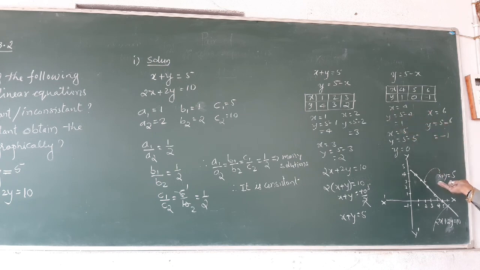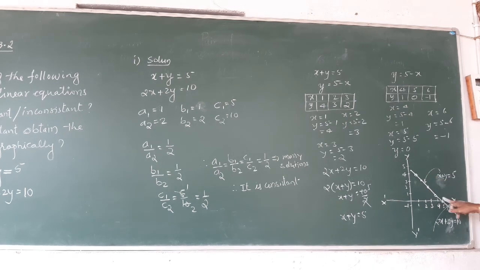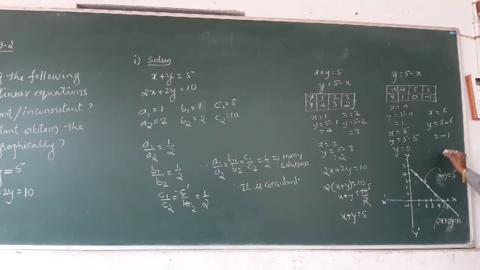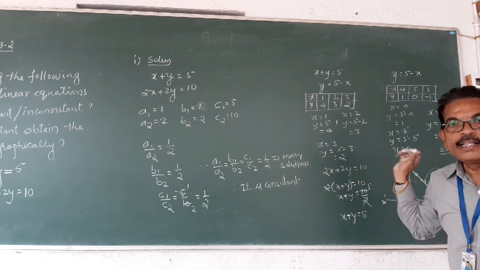So plot the graph separately, as we have done in previous classes, using only the same graph book. Don't draw the graphs anywhere else. Please keep that in mind. Then write down all the given data as I have written on the board, x and y. Then write the scale, 1 unit equals 1 centimeter. So observe once again. Let us move to the second one.